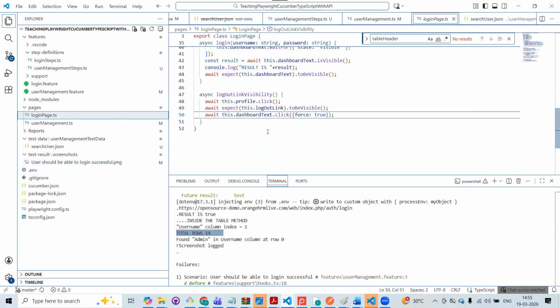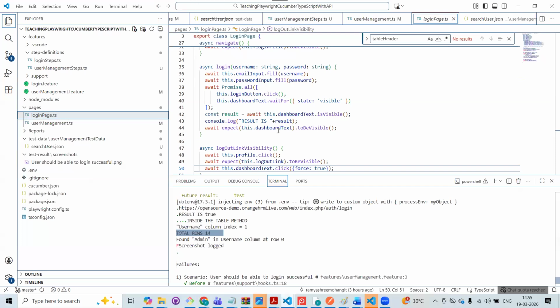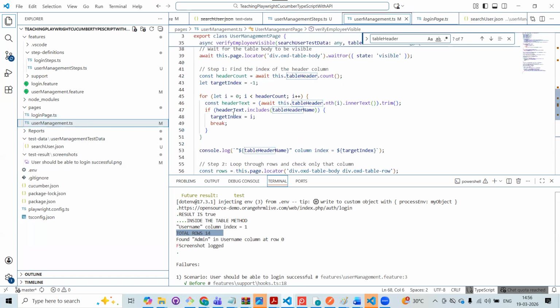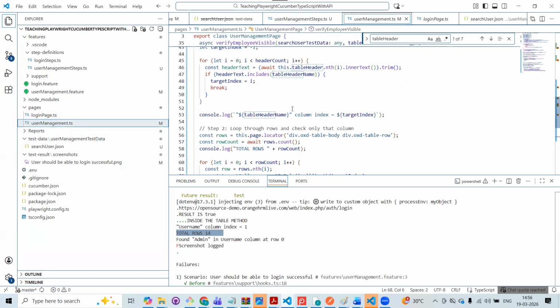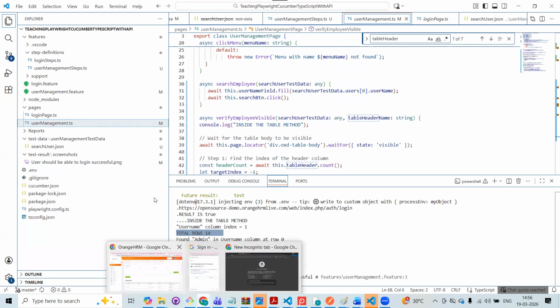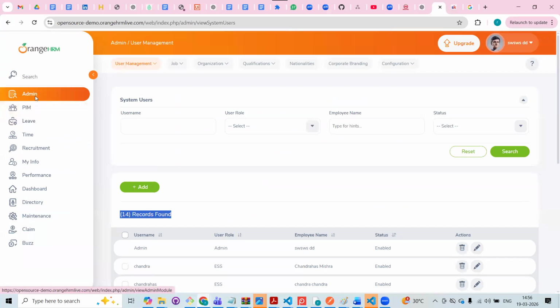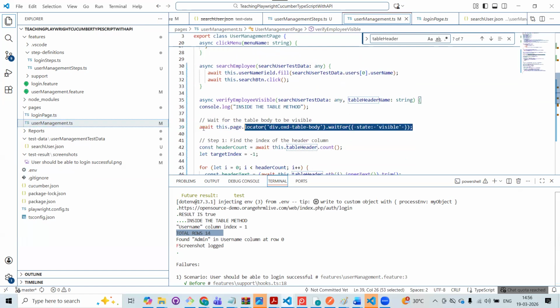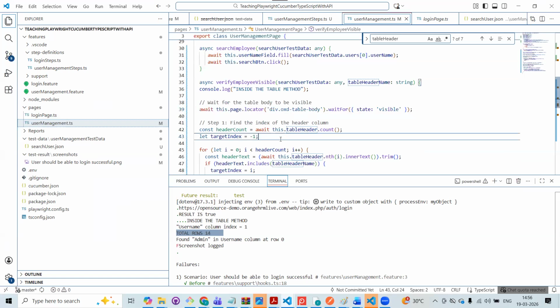What is there in the code? See, in the code, okay, user management. Let us first try to understand the application. I was here, I'm going to admin, that's what I'm doing, right? Can you say the table is already there before I search also? What are we trying to do in the code? We're telling, please wait for the table to be visible. Yes, it is anyways there before I search also. It's not that the table is visible after I search. Correct? So that is why it is telling there are 14 rows.